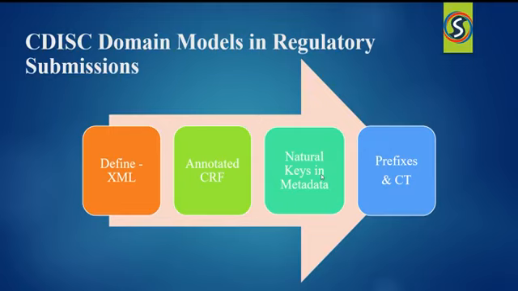So for the general observation class domains, the sequence variable was created so that a unique record could be identified consistently across all of these domains via its use along with your study ID, unique subject ID, and domain. In most of the domains, the sequence number will be a surrogate key for a set of variables which comprise your natural key. And for prefixes and controlled terminology, findings data models are closely related to normalized relational data models.